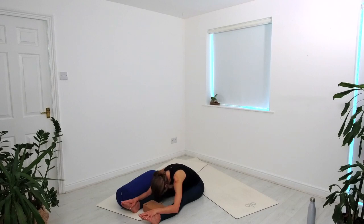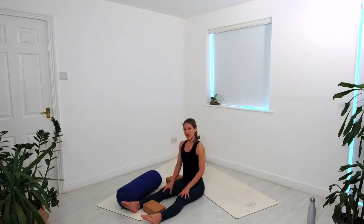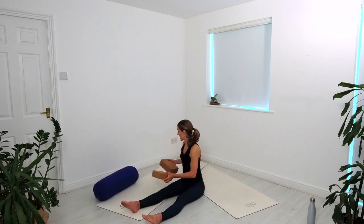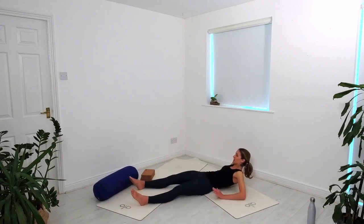Now we roll back very slowly, so slow motion. Begin to walk your hands on your legs, lift yourself back and up. Feel free to move all your props out of the way for a moment and come laying down onto your back for your rebound. So allow your spine to find the floor